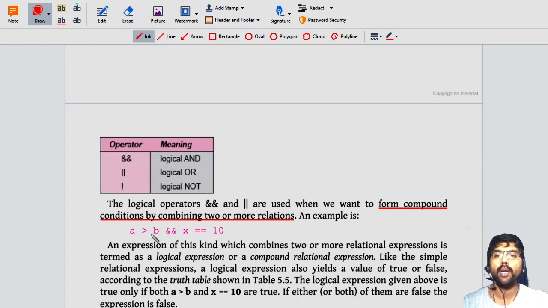If you want to combine two or more relational operators, like here a is greater than b and x is equal to 10, I have to compare both operations. In that case, we are using logical operators like AND or OR. NOT is actually used for the opposite of whatever result you got. If you got the result true, NOT means it is false, like that.